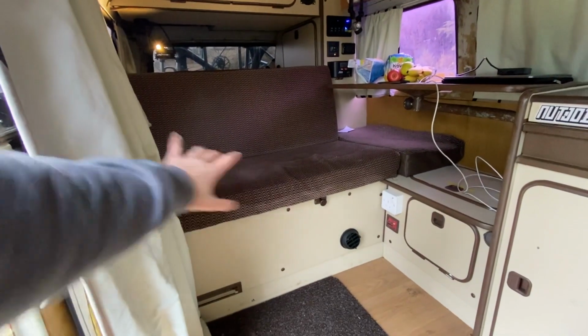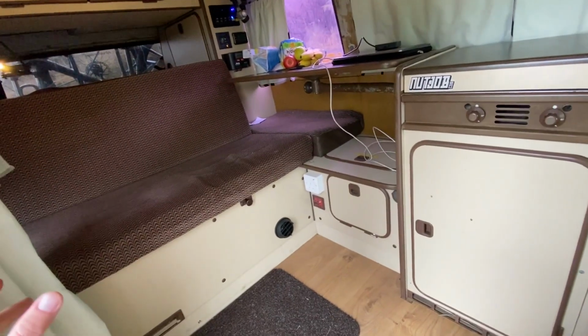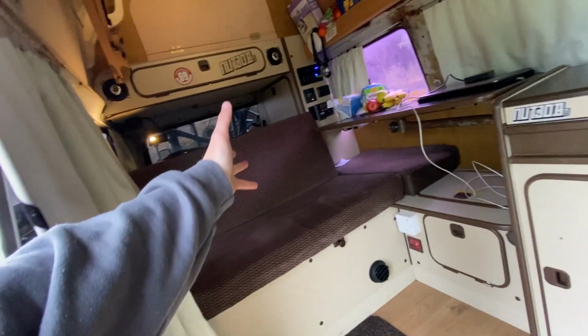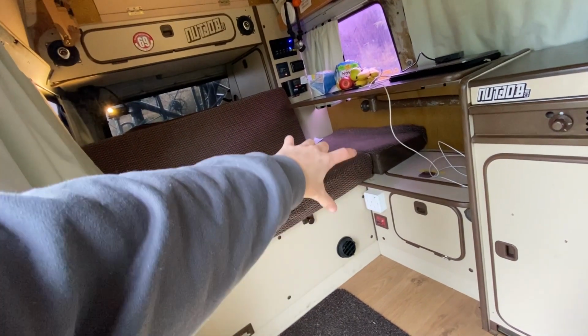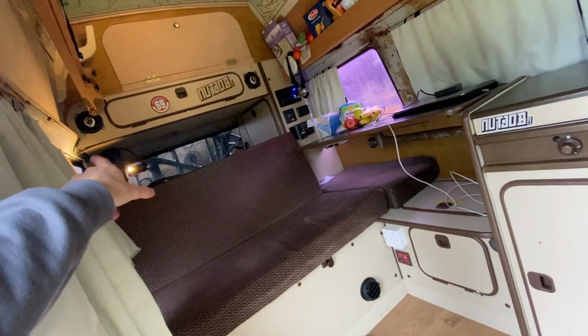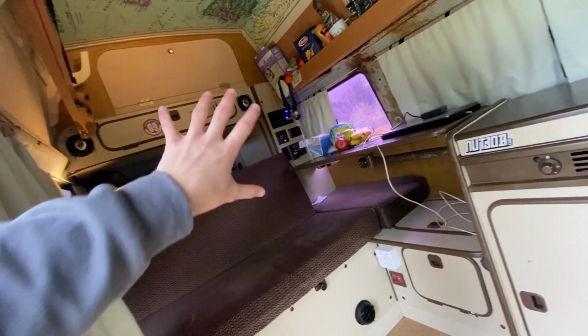So, as you can see, we have a 1980s Westphalia Club Joker interior squeezed into this bay. It didn't fit. I got to say, thank you, Jono, for putting that work in, because we had to take off about 100 mil from differing parts of it to actually squeeze. Even here, look, you can see we cut that out over there to actually fit it in to the